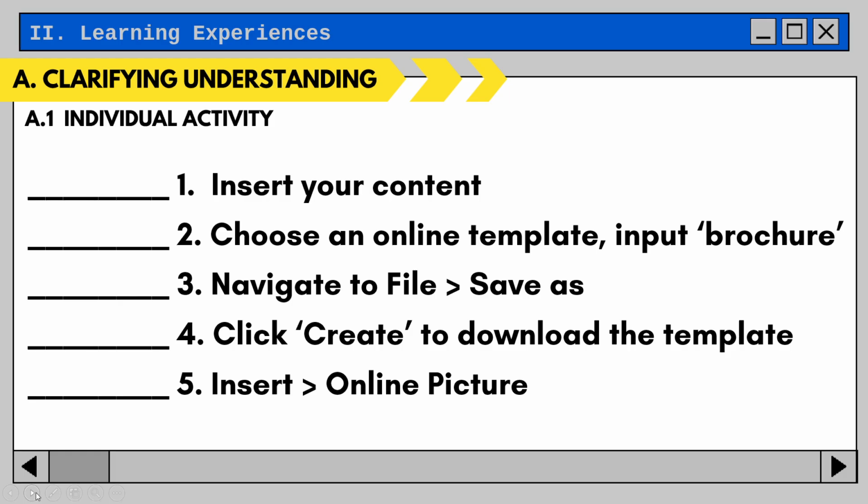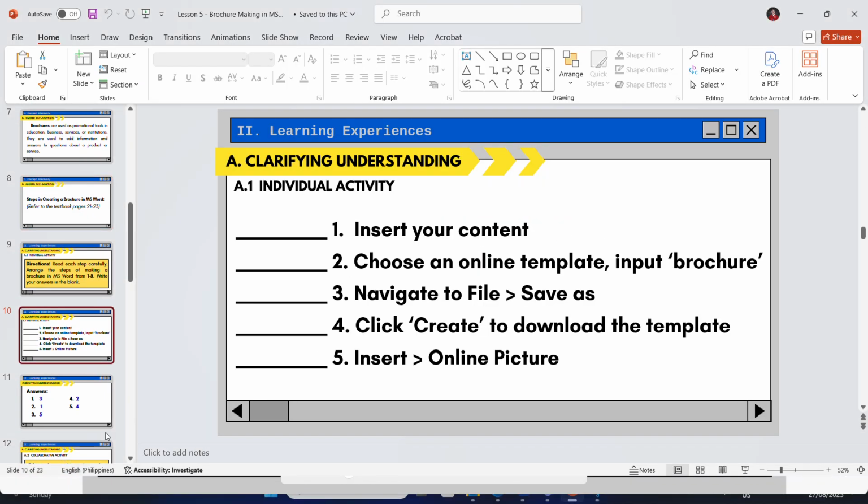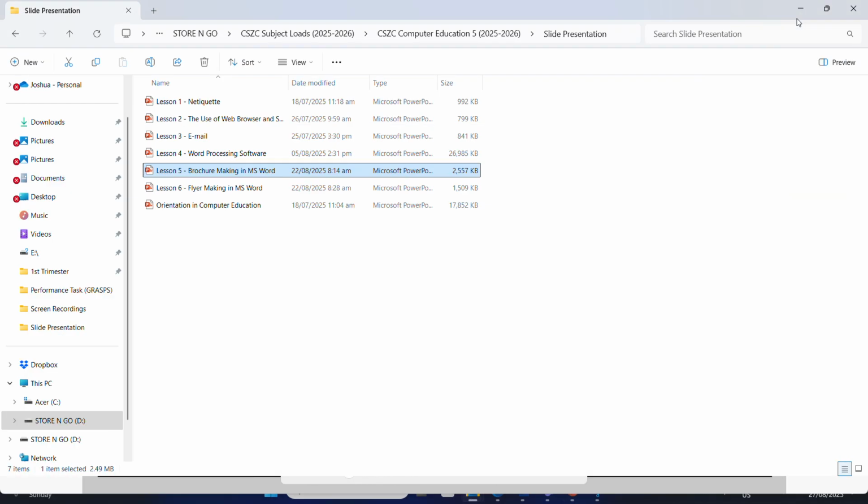Let me discuss this to you first. We have here a scattered or jumbled sequence of creating a brochure on MS Word. So let's go first to MS Word to really know how to do it. All right? Now, I'm going to exit this slide and let's go to MS Word.